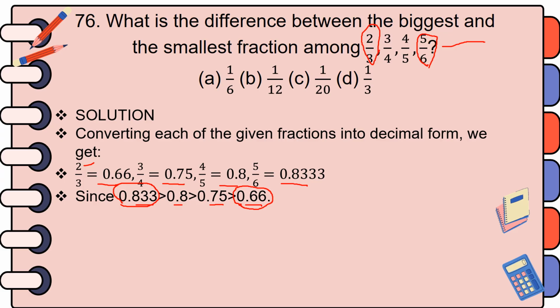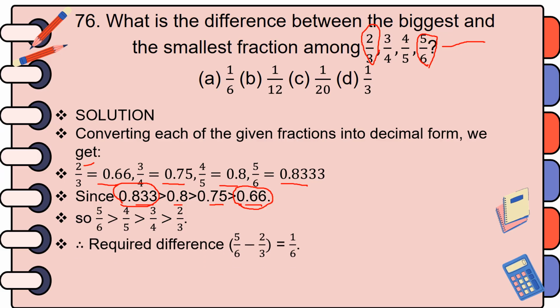Then find the difference of the two fractions. So 5 over 6 is the largest one and 2 over 3 is the least one. Find the difference of the two. That means 5 over 6 minus 2 over 3. Take 6 as a common denominator, and 6 divided by 6 is 1, 1 times 5 is 5,